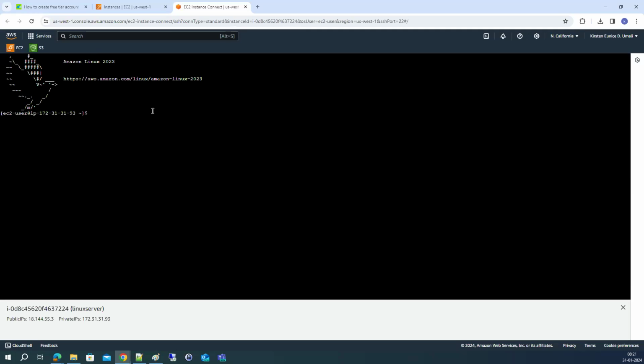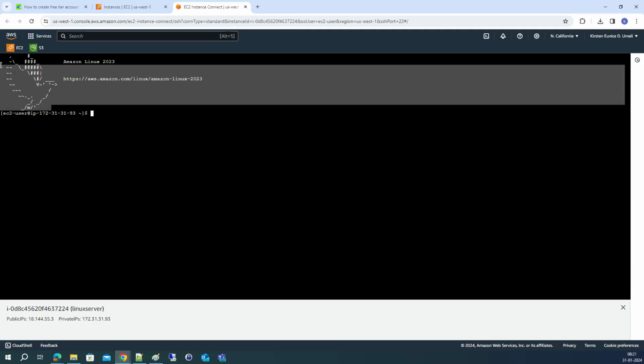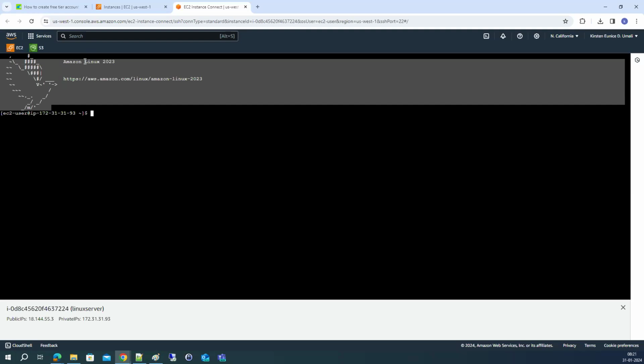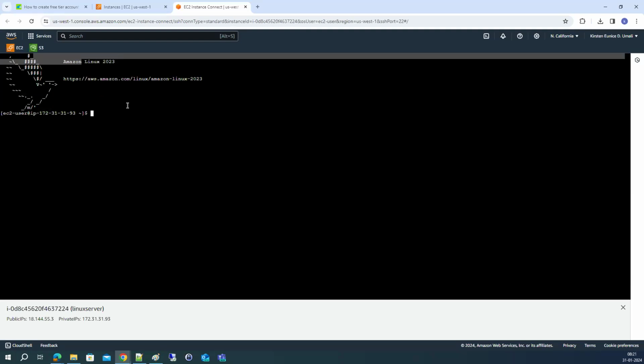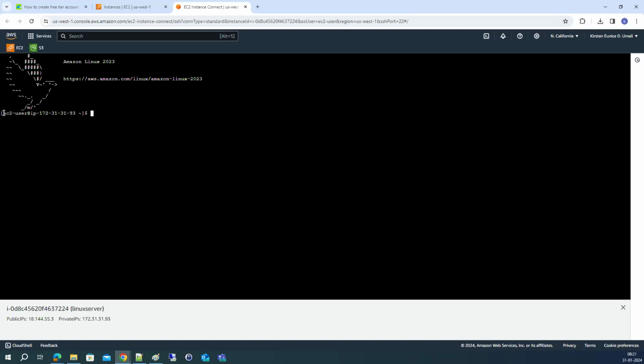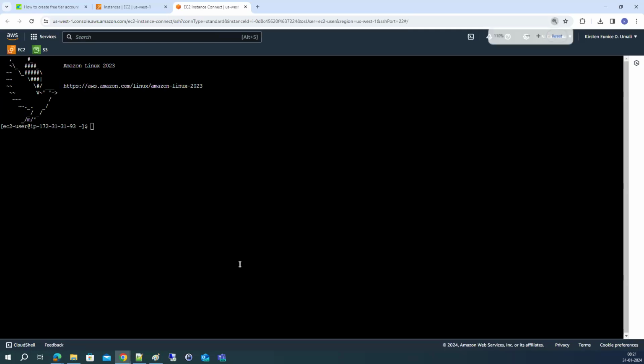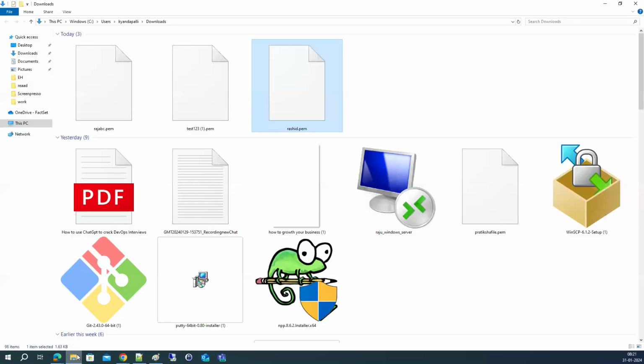This is a Linux server. This is a welcome message. Which OS is it? Amazon Linux, right? And which user have you connected as? EC2-user. Am I right? So if you want to know in Windows which folder you are in,